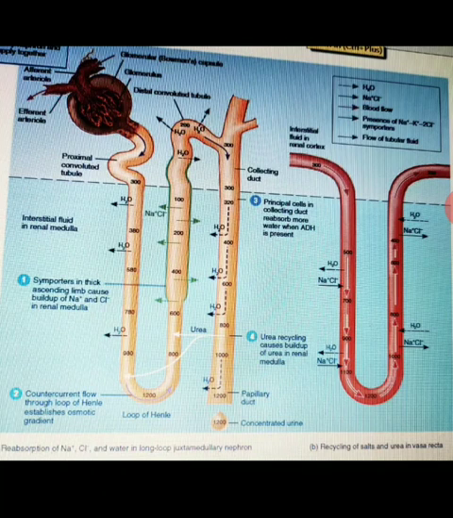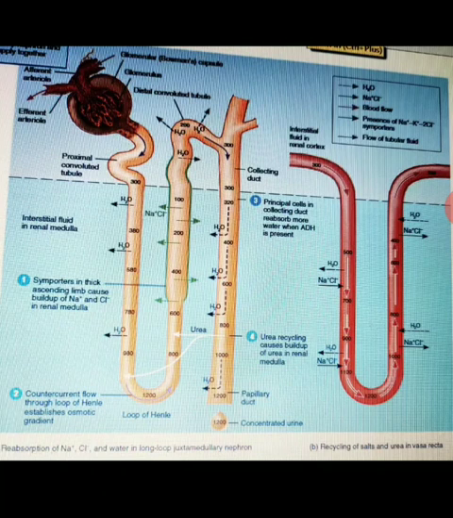When ADH increases the water permeability of the principal cells, water quickly moves via osmosis out of the collecting duct tubular fluid into the interstitial fluid of the inner medulla and then into the vasa recta. With loss of water, the urea left behind in the tubular fluid of the collecting duct becomes increasingly concentrated because duct cells deep in the medulla are permeable to it. Urea diffuses from the fluid in the duct into the interstitial fluid of the medulla.